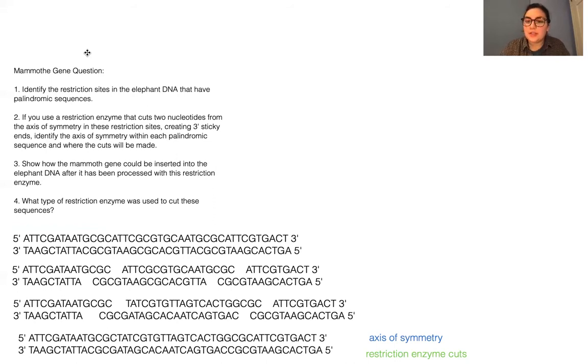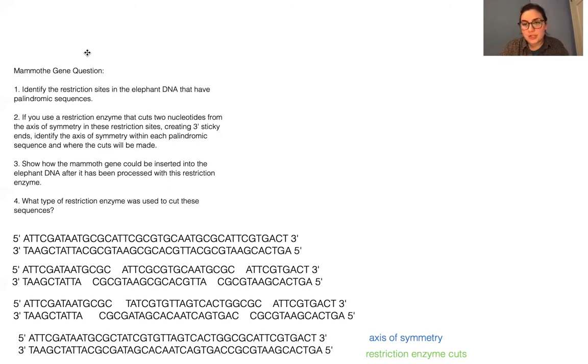And so now that you have this sequence cut out with these sticky ends that in the middle somewhere contains that gene for your cold adapted hemoglobin, you need to insert this into your elephant DNA. You need to replace the elephant's current hemoglobin coding gene, which wouldn't be able to make cold adapted hemoglobin, with this one from the mammoth that can, because your mammothant combination needs to have that cold adaptation for their hemoglobin. And so, in order to do so, this problem is going to ask you to consider using a restriction enzyme to cut that elephant DNA on either side of this hemoglobin gene,